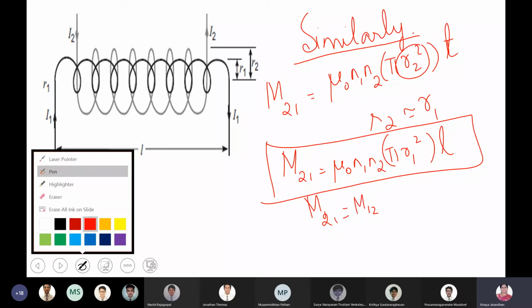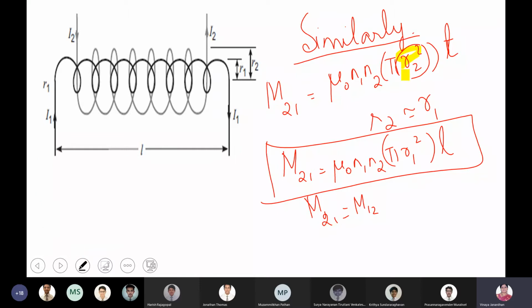Right. Now, why is R1 equal to R2? That you should understand, boys. Now, look at this. The primary coil produces a magnetic field. The magnetic field is represented by magnetic field lines. So the primary coil produces a magnetic field and it is confined only to a region, right here. It's confined to a region which is bound by the coil. It's not beyond S1. It is well within S1, right?